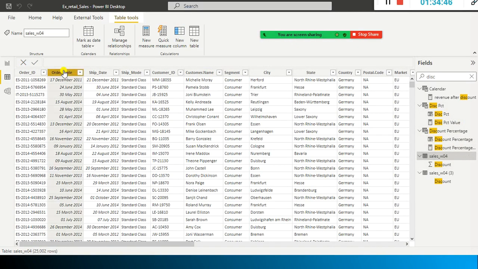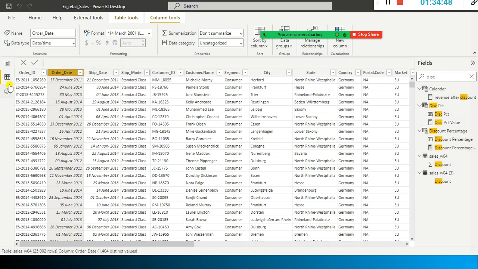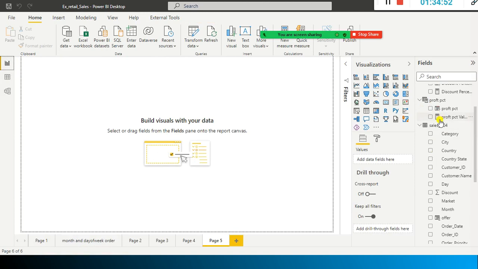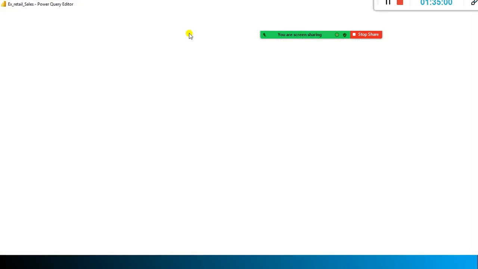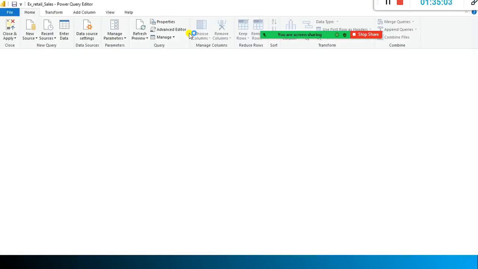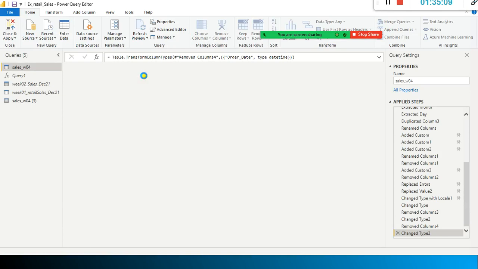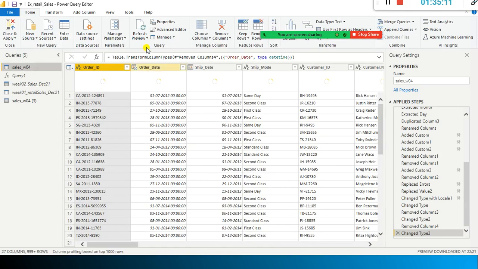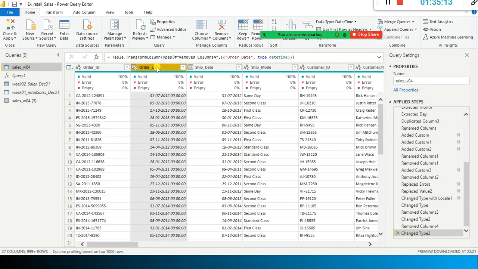This order date column, I have to make it date time. It's already there, date time. Why is it not enabled? Let me just go here. Yeah, it is the order date time data type only, right?